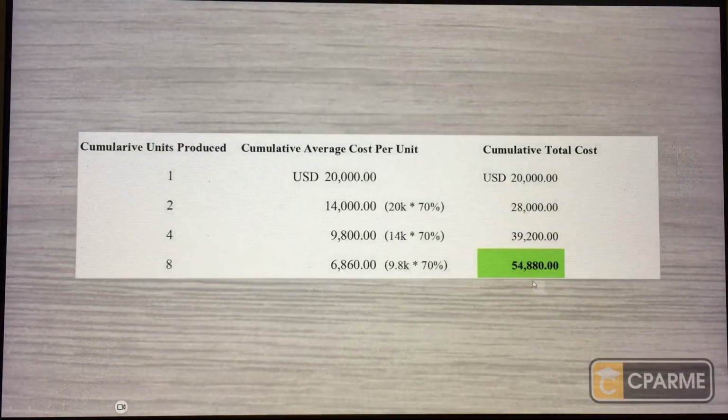Here. Yes, the correct answer is 54,880. I think you should practice computing the learning curve. Even though there are no headers like cumulative units produced, once you already know how to calculate that, then just drag it into the calculator so that you could answer the question